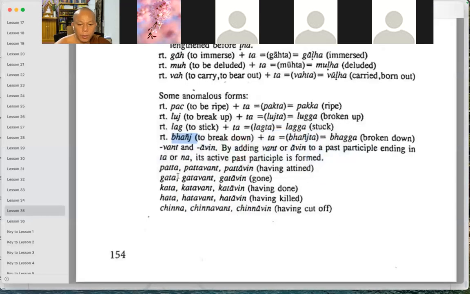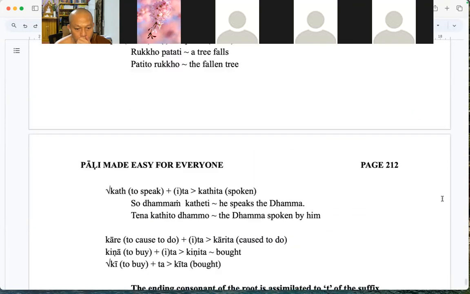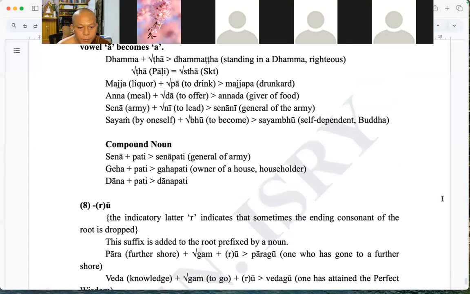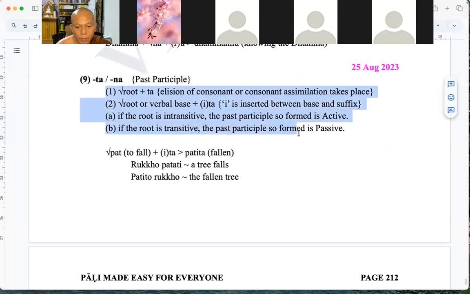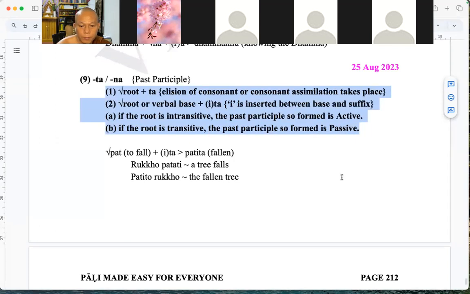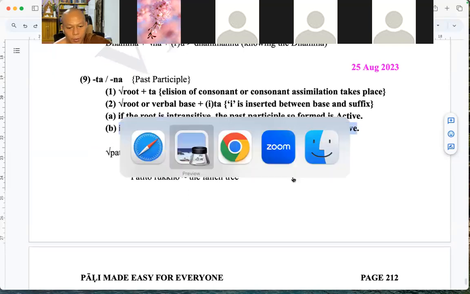Okay. And then next, at the very beginning, all the past participles, we already learned these. So here you see, related to the past participle, these four rules. If the root is intransitive, the past participle form is active. If the root is transitive, the past participle form is passive. Okay. So at the time, that passive past participle